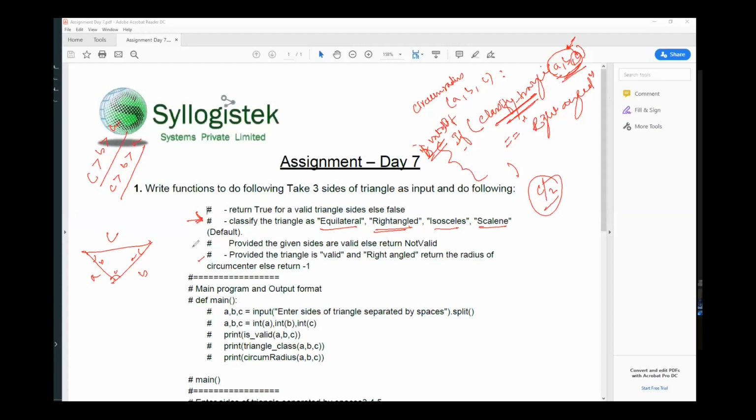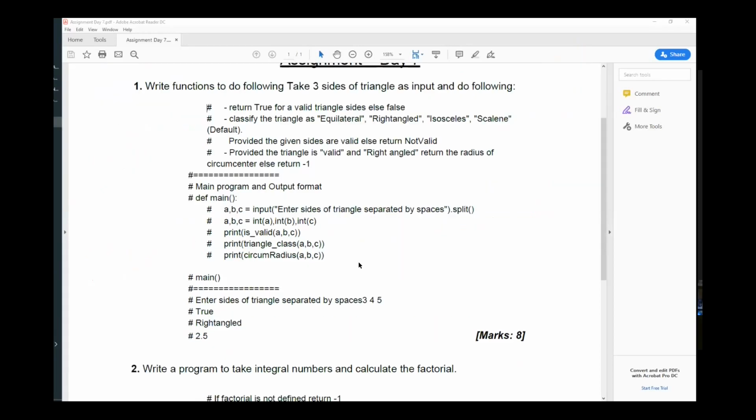And this is how you take three inputs, something like this. Here I'm giving the main program, which will have all your three functions. def is valid is one function, another is def classify triangle, and the third is def circumradius.